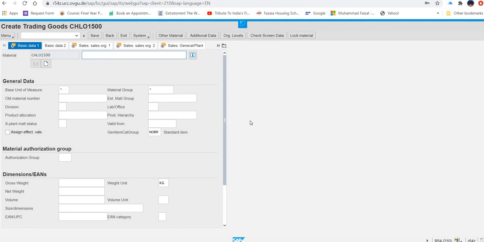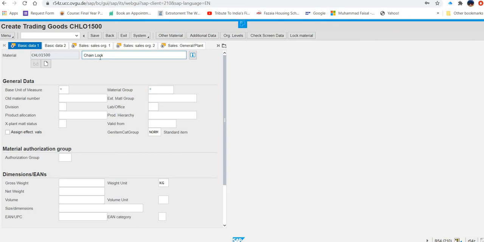Now you are inside this screen, and you are on basic data one, here you can see this is the basic data one screen. And here they are asking, you have to enter chain log as description text. And then you will put EA.